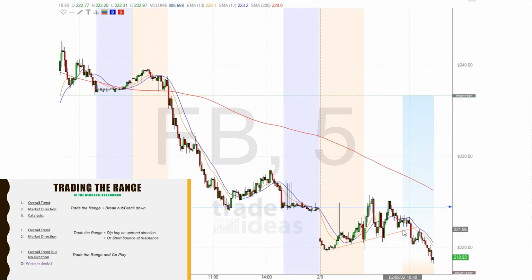Usually the third one coming down, again retesting the support, more likely it will crack that support. Same thing, the third time. You always hear the third time's the charm, right? It's not working 100% of the time, but most of the time we'll see that the third time it comes up to this area here, more likely it's going to break and go. So in this case, it went down the third time